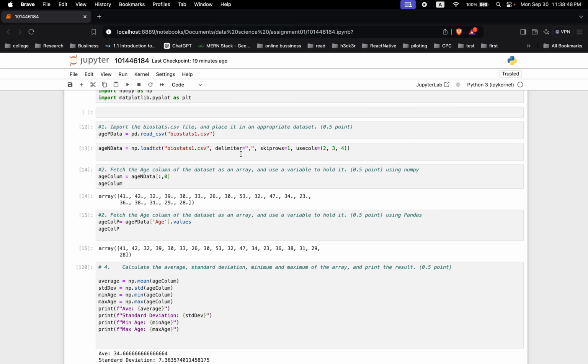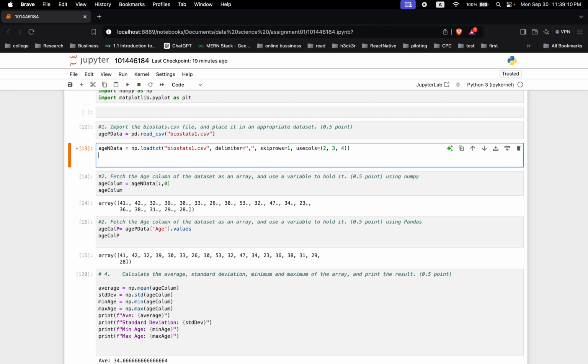As seen, we are skipping the first row, and to use the specific columns, I'm just selecting their numbers: use columns 2, 3, 4, and here we are able to